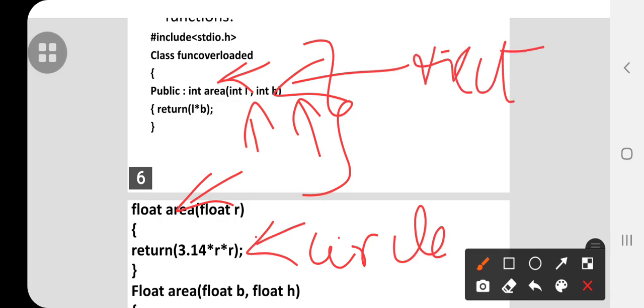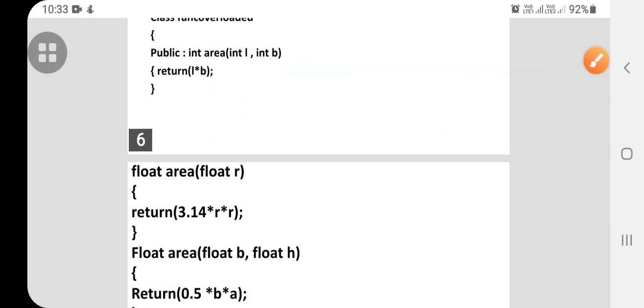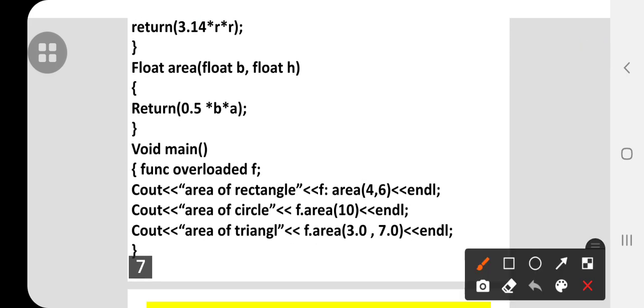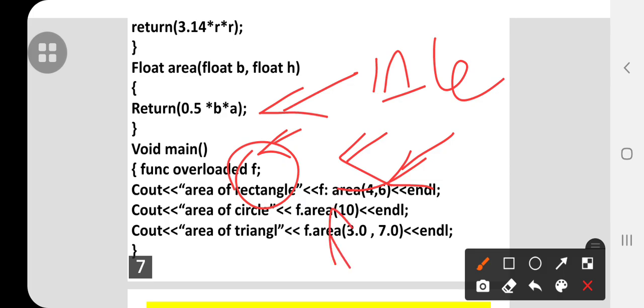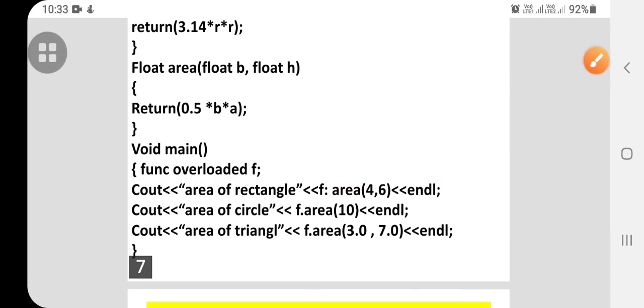It is returning the rectangle formula, and then here you are returning the formula of a triangle. Finally you are calling the overloaded function with an object initialized as f. How will you access? f dot area of, I am giving some numbers, and f dot area, I am passing some numbers, and f dot area, I am passing some numbers. Like this it will display the area of the triangle, rectangle and circle respectively.